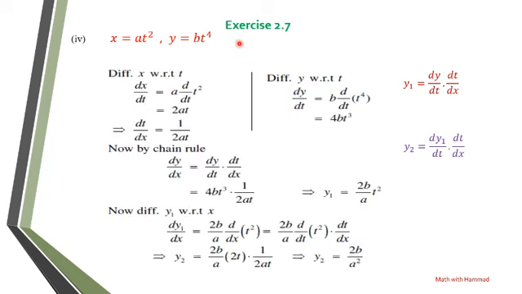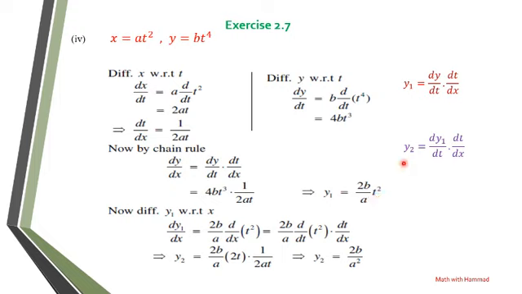Now we will move to the question. Differentiate with respect to t, we will get a into t square is 2at, and according to this formula dt by dx, taking the reciprocal, is 1 over 2at. And y is equal to bt4, the derivative means 4bt cube. Replace values in this formula. y1 is equal to dy by dt into dt by dx, 4bt cube into 1 over 2at. 2 cancels with the 4, b over a, and t cancels with the t cube. We will get 2b over a t square. y1 is equal to 2b over a t square.